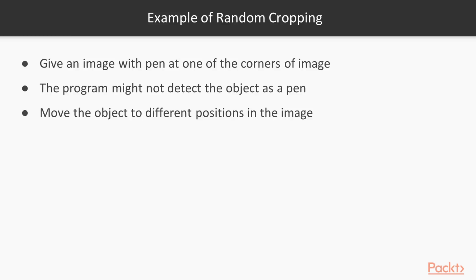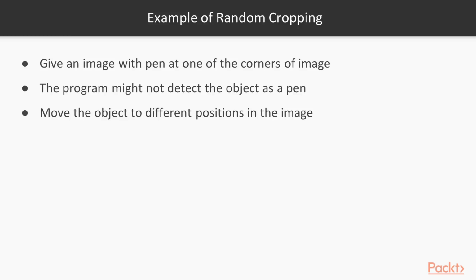Image translation means that the XY position of the object changes in the input image. For example, we train our program with images of a pen at the center of the image, and while testing, we give an image with the pen at one of the corners of the image. It is possible that the program might not detect the object as a pen. To tackle this problem, we try to move the object to different positions in the image by randomly cropping the